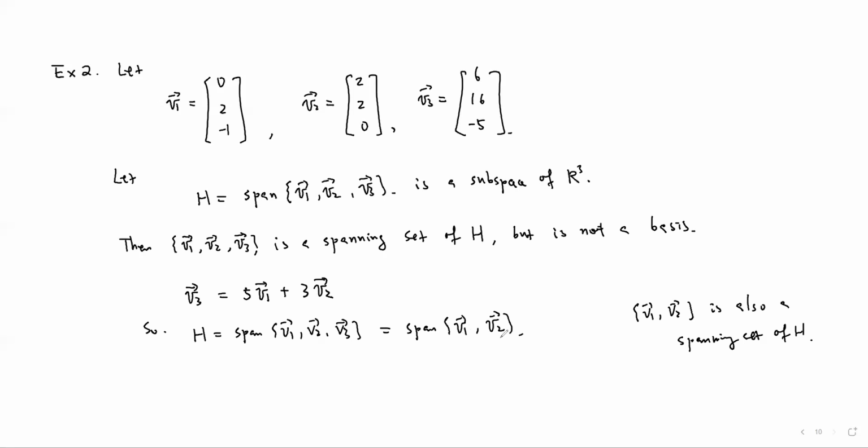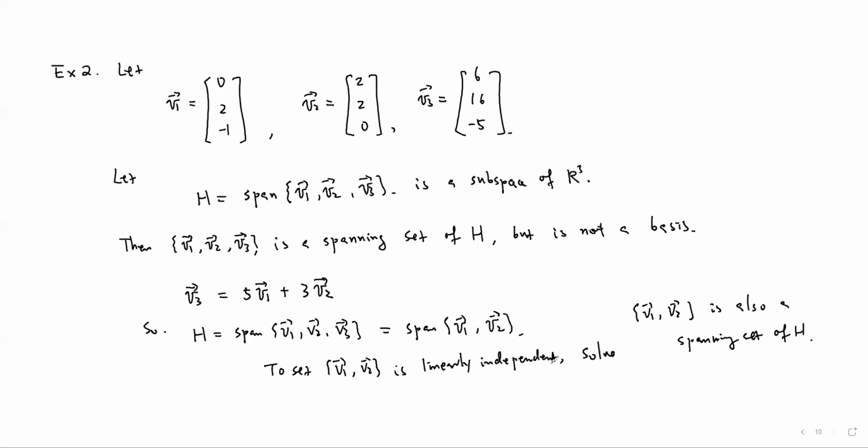V1 and V2 are linearly independent this time. How to see V1, V2 are linearly independent? To see V1, V2 is linearly independent,